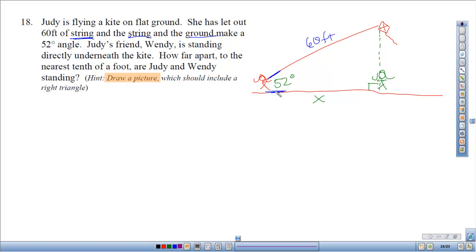Let's notice I have what? One angle and one side, and I'm solving for a side. This is a trig problem. So let's set it up. If this is my angle, what would the X be? Well, it is adjacent to that angle. And how about the 60? That 60 is the hypotenuse. And which trig ratio uses adjacent and hypotenuse? That is what? So ka uses adjacent and hypotenuse. So the cosine of a